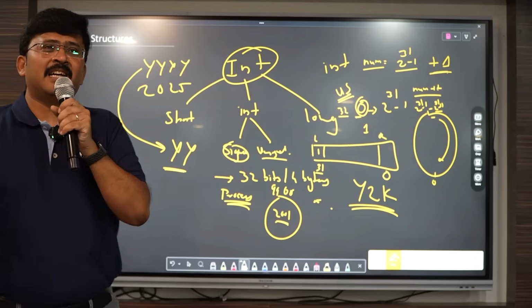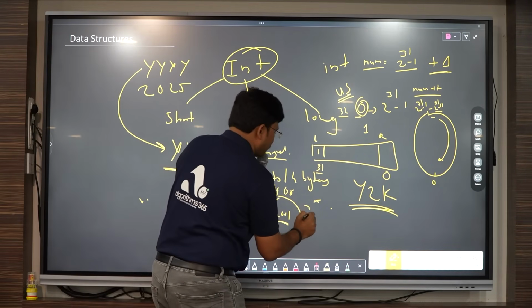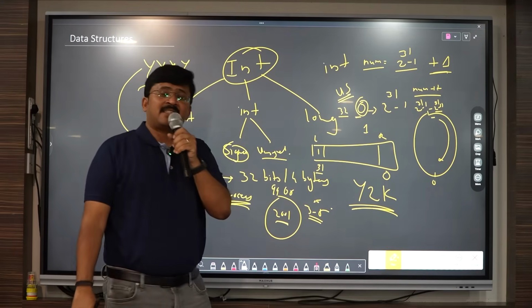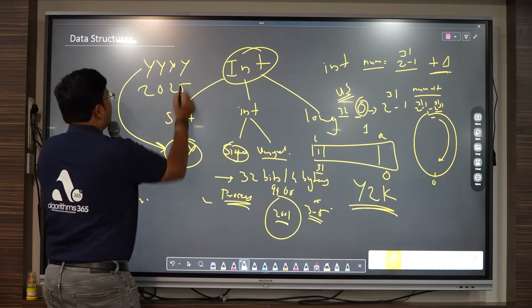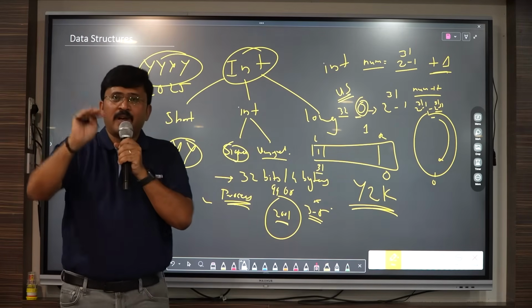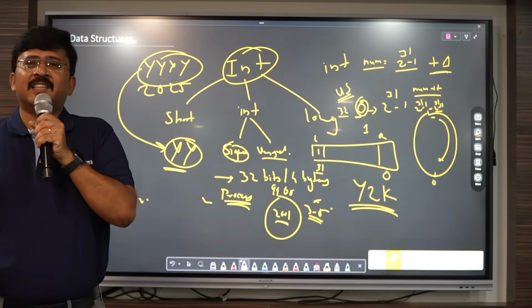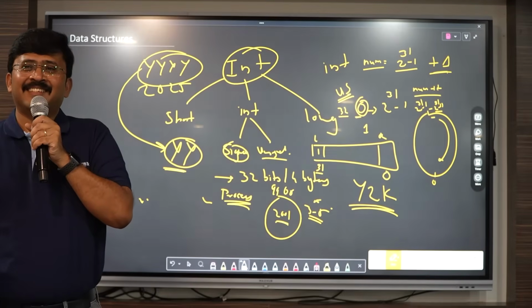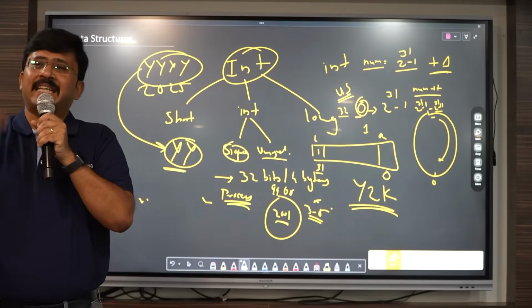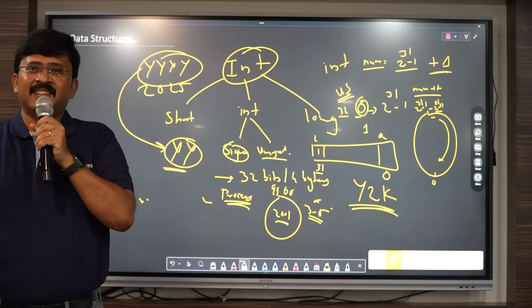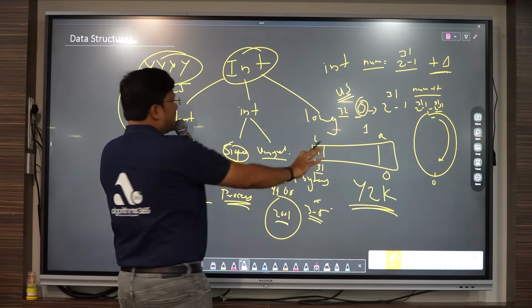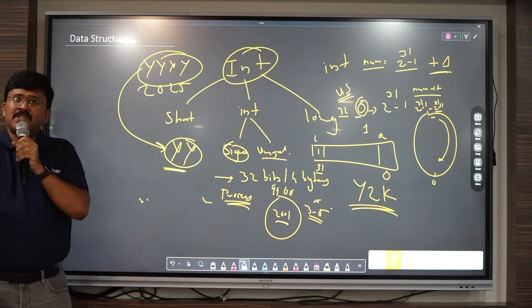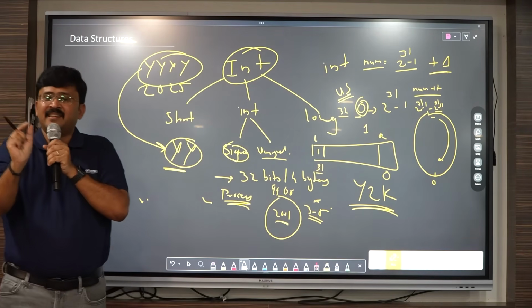But one brilliant engineer predicted this some 3 to 5 years before it happened, and lakhs of engineers were trained to change the data type from this 2-year format to 4-year format. They had to literally search in the code and do it. There was no ChatGPT that time, no LLM that time. Not just that, they had to make the change and test the software as well. So when you are declaring the variable, you must know exactly and precisely how many bits it takes and what is the